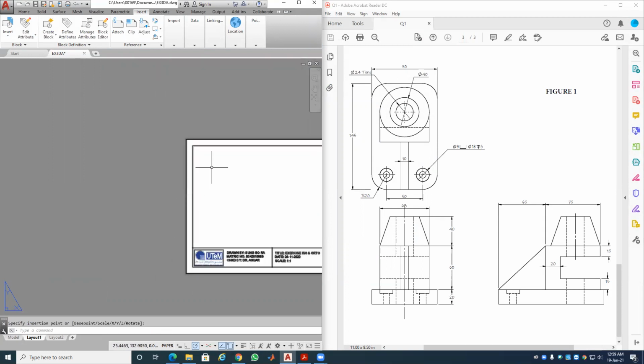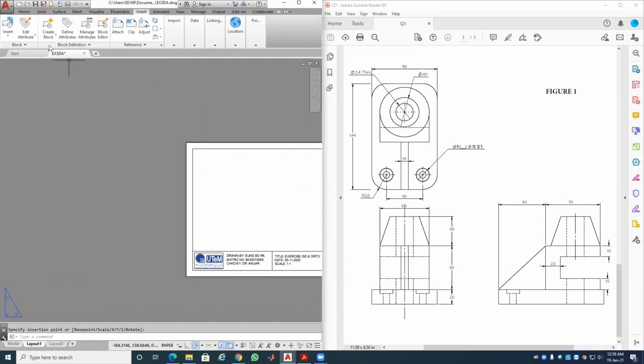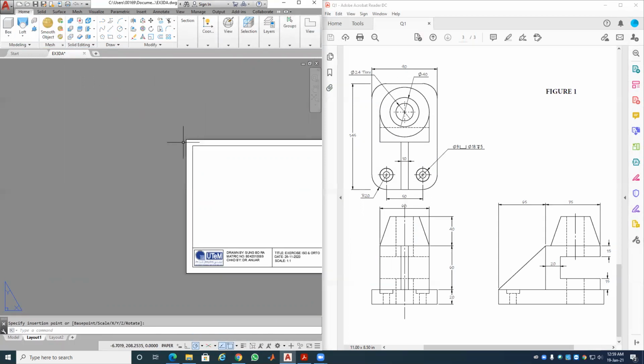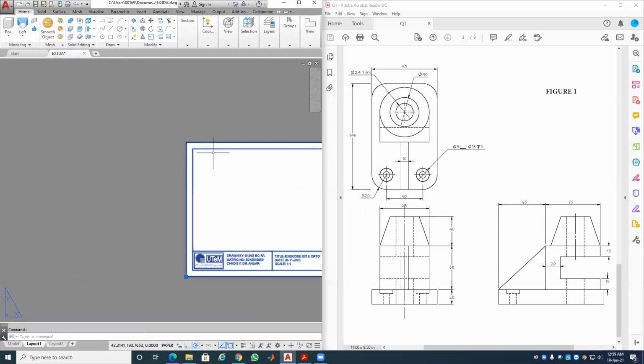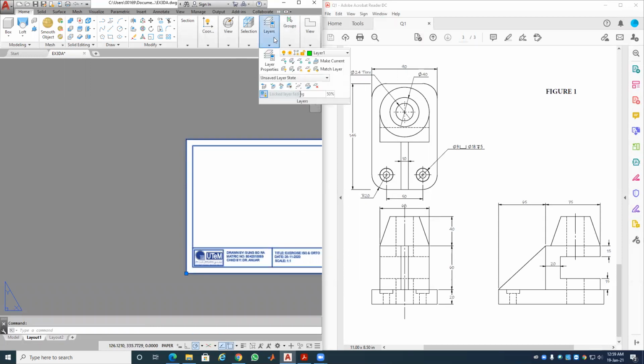Okay, and before that, maybe go to home, see what layer this is in. Maybe I can just put it in layer text